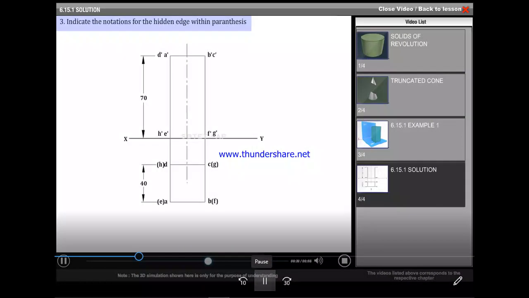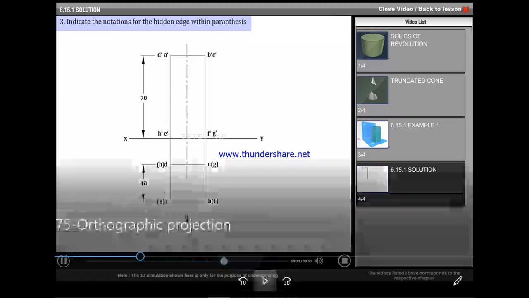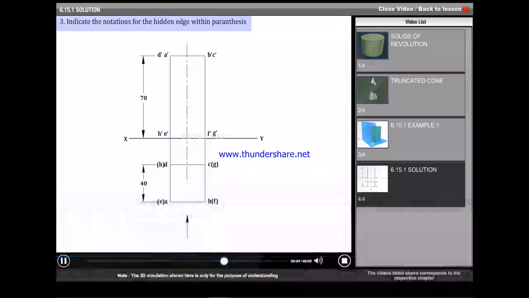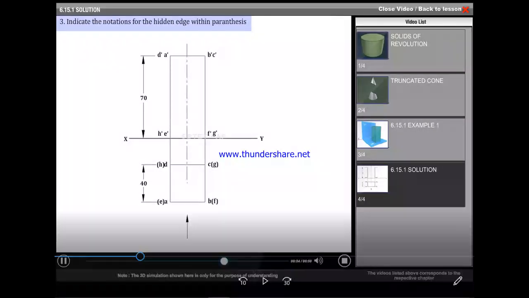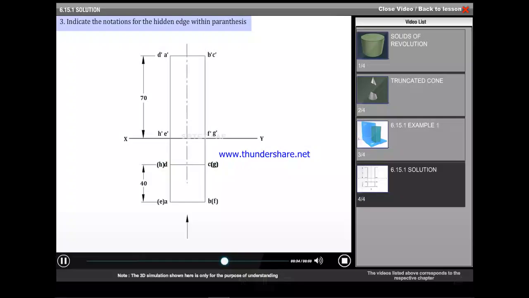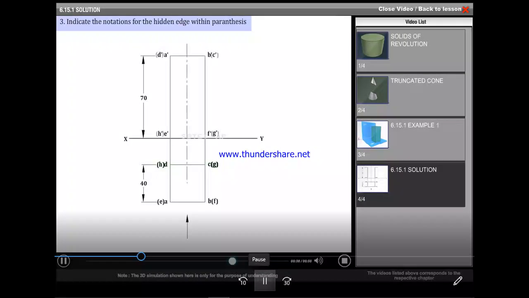Indicate the notations for the hidden edges within parentheses. Darken the front and top views.